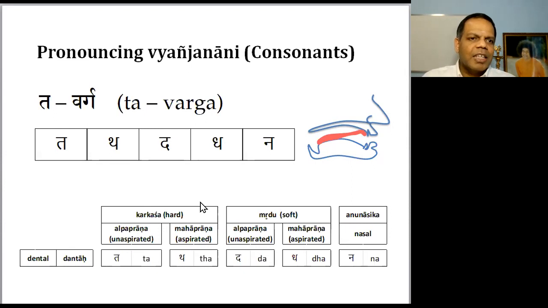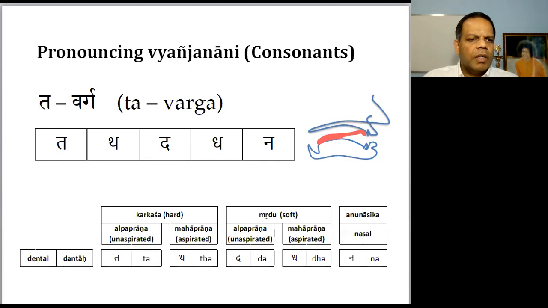Like that people practice. Ka, kha, ga, gha, nga. Cha, chha, ja, jha, nya. Ta, tha, da, dha, na. Ta, tha, da, dha, na. Okay. So by practicing these,